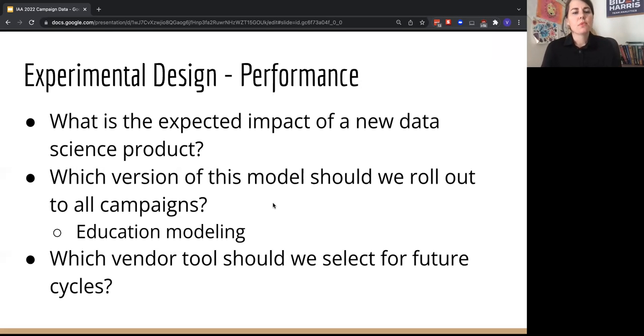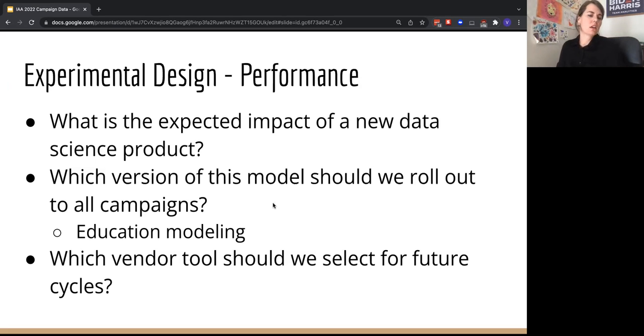So an example of that could be thinking about education modeling. We want to be able to predict your level of education that is very related to your voting behavior. And there's lots of different ways we can do that. We could do a binary classification of do you have a college degree or not, or we could do a three-way classification of do you have some college, a college degree, or graduate work. We could do even further levels of that, up to the 6 levels that the census does. So we might spin up 2 versions of that and test both of them and see what the overall impact is at the end of the day,